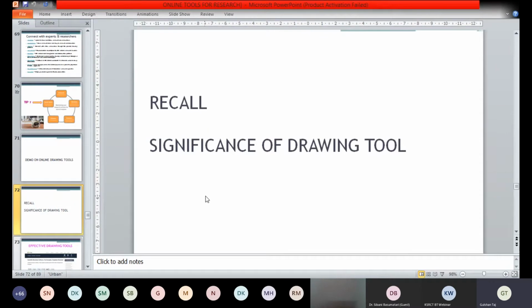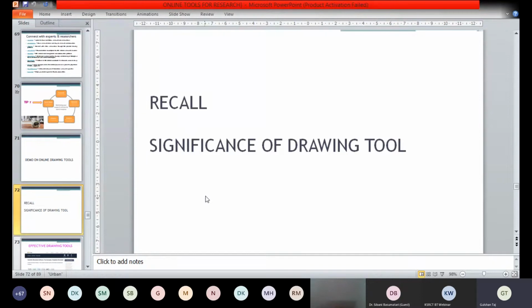You have to stick to those guidelines, otherwise the journal will reject your paper. What I'm trying to convey is that your graph or picture should be clear. Use good quality tools so that you can have good quality pictures. Simply taking a photograph with a mobile phone or something will not work.